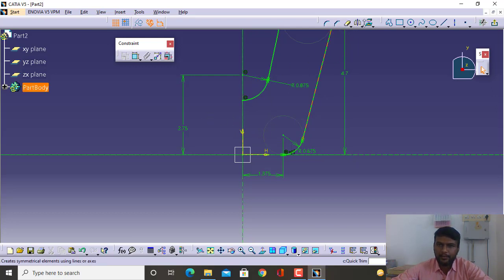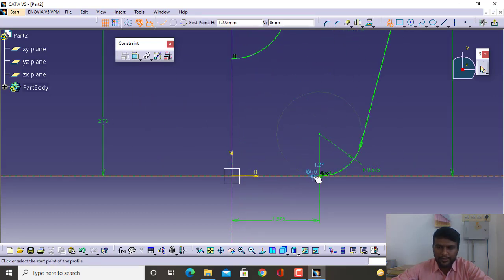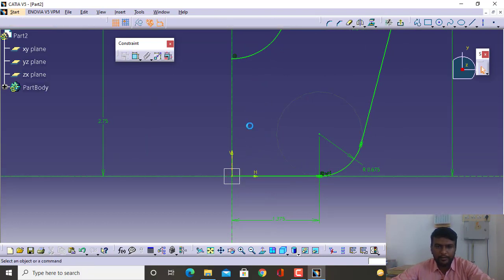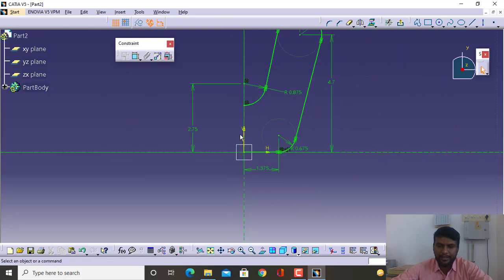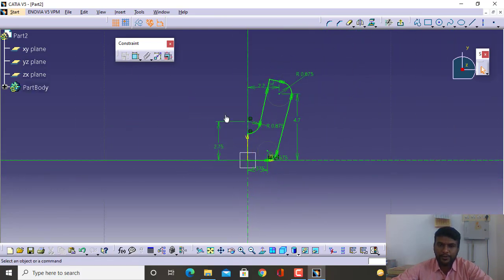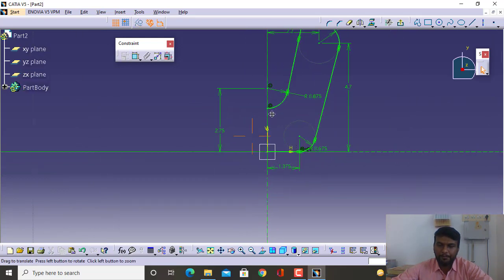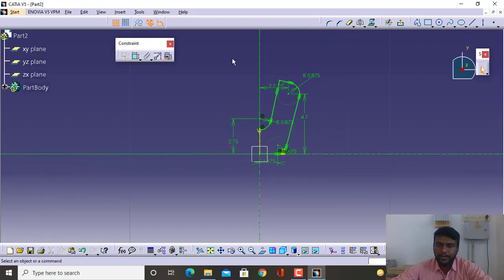The next thing is one more line we need, so you can use the profile tool. The profile tool can be used to draw a straight line or an arc, a 3-point arc and a tangent arc. Once your geometry is complete, this now has to be mirrored about the axis. To make a mirror copy, left click, drag the mouse and select the whole sketch. Once you select the whole sketch, in the operation toolbar you have the mirror command. When you move the cursor, you can see the mirror command, and select the center line.